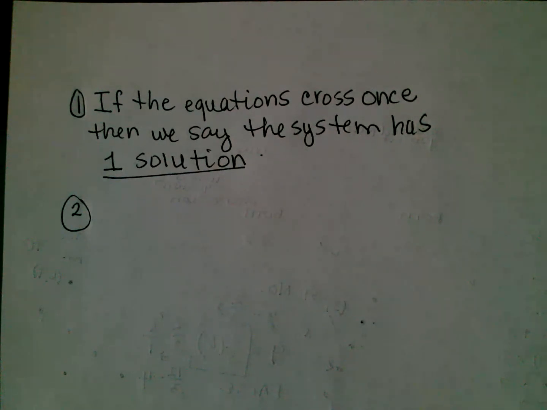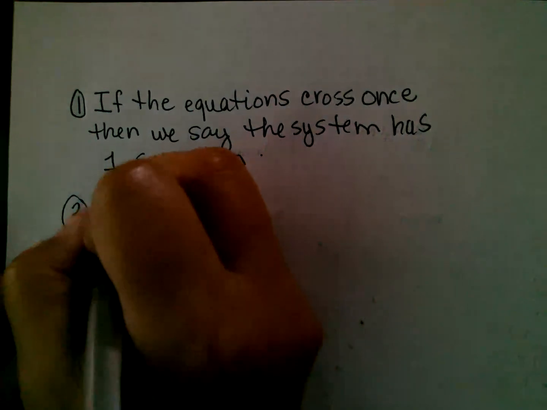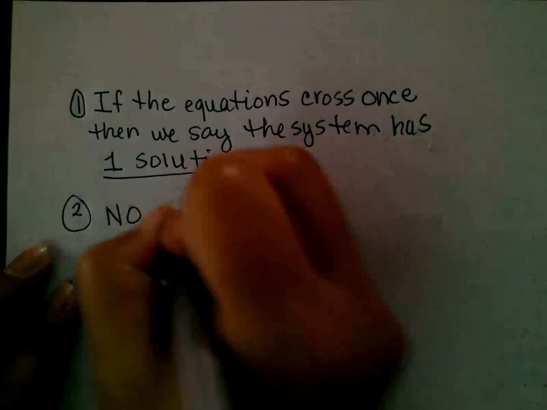If the equations do not cross at all, then how many solutions is it going to have? None, because they don't cross, right? So we say no solution